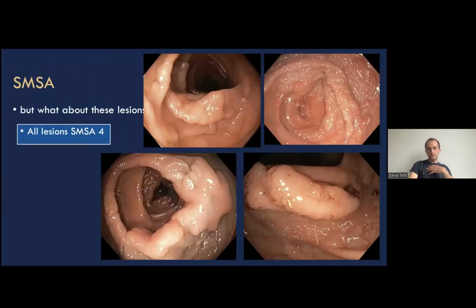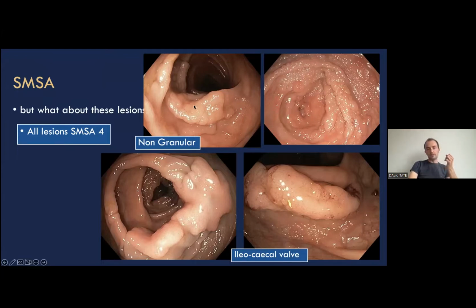Yeah. So the problem with SMSA is that there are some polyps which are very difficult to remove. They might all be SMSA4, the most difficult end, but they still nonetheless are even more difficult than that. So this one's non-granular. We talked about granular and non-granular. The difference between a granular polyp and a non-granular polyp is that a non-granular polyp, like this one, is often just shiny on the surface. So you see it from afar, it's shiny, and I will show you some examples of granular. In fact, there is one here where it's not so shiny and it's much more bobbly, like Rice Krispies in a bowl.